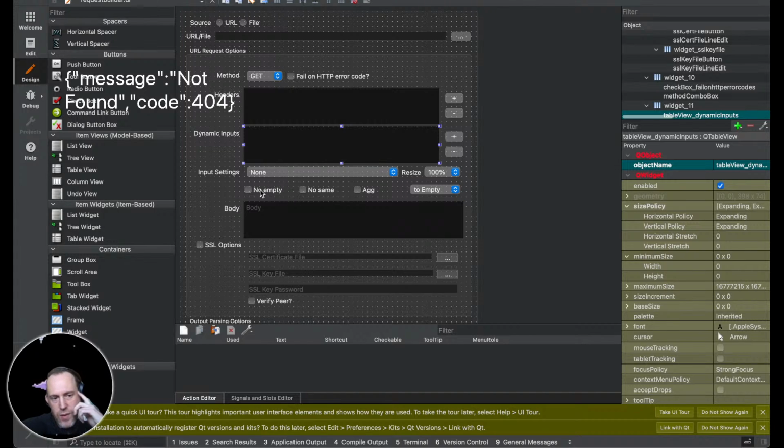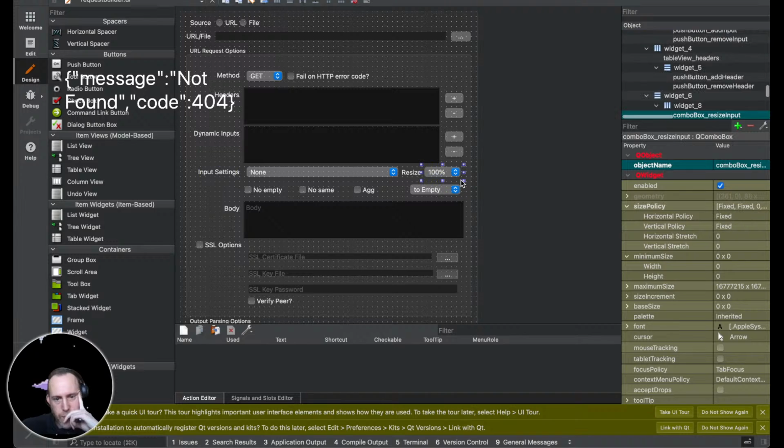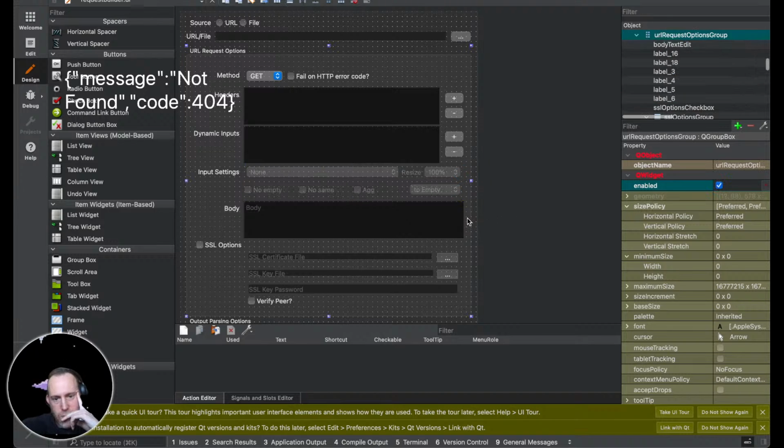Yeah, at the beginning, everything here is going to be disabled. Maybe like that. Something like this. And then when you select an input,